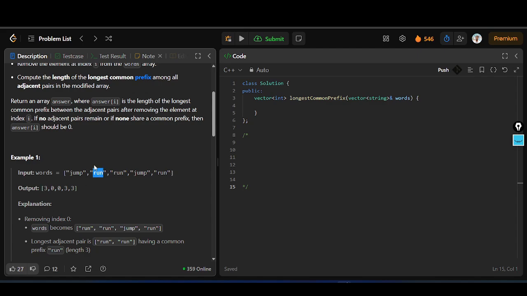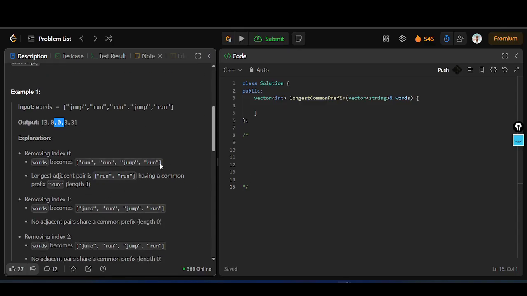We do that by removing run. We see that now the adjacent pairs are not able to contribute to the answer, so our answer becomes the next possible, or the second highest, if we look at it in that way. Right, it's going to be 0, and same goes for the next, and so on and so forth. So the idea is